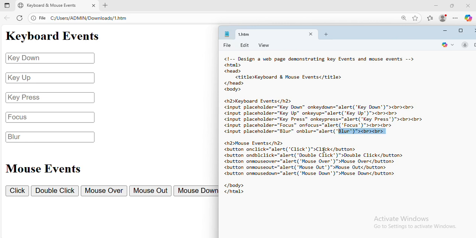That's the reason we are getting all types of pop-up boxes whenever the event has occurred. Whenever you are writing the event, there has to be some output on the screen. So I have displayed some output using alert so that we have an idea whether that event has occurred or not. So that's about events and two types of events, that is key and mouse events.